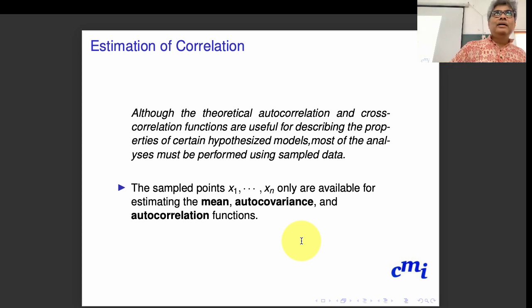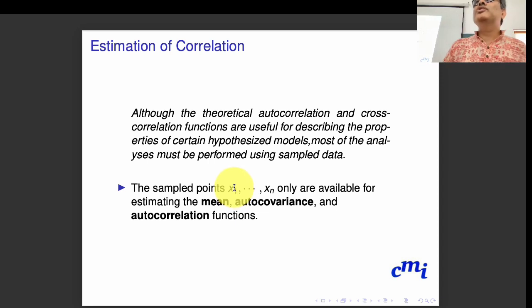I don't have millions of time series, or hundreds of replications of the same time series. So one time series is one observation, you can think in that way. I don't have the entire observation. All I have are the sample points x1, x2, ..., xn, and only these are available to estimate the mean, autocovariance, and autocorrelation